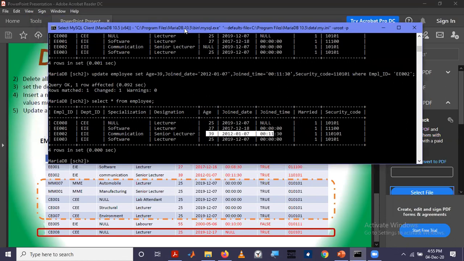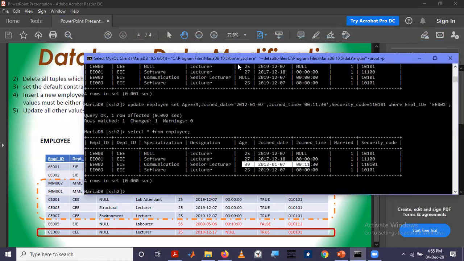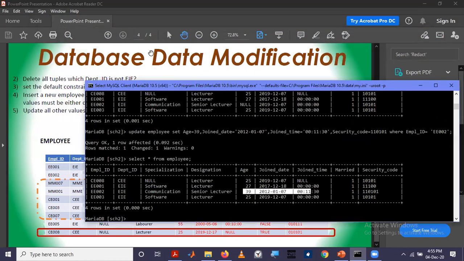So now we have come to the end of database data modification and schema modification. Those are the things that you should know about database schema modification and data modification. This is how the database is populated.